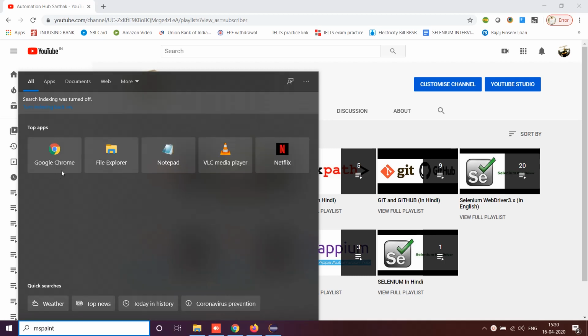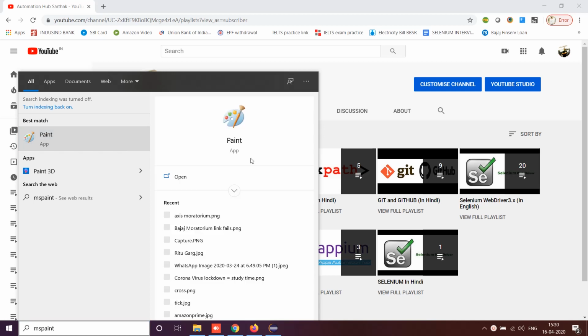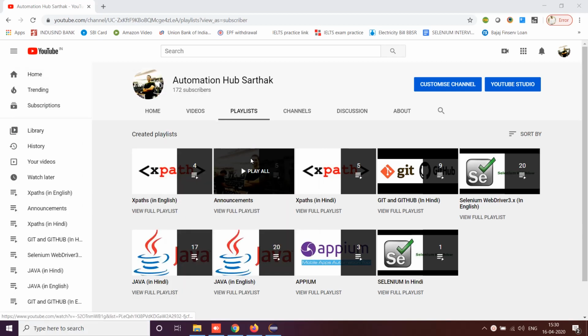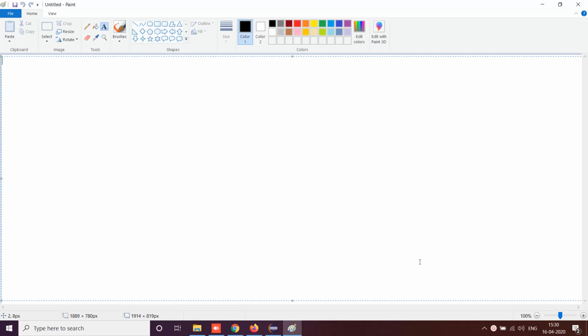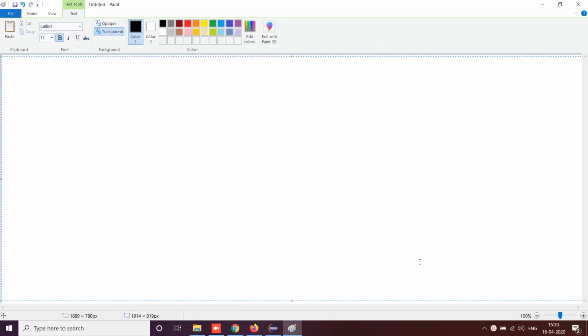Okay, so first we will learn a little bit about implicit waits, and first we'll understand why we implement wait conditions in the first place. See, the thing is, most of the web applications are developed using Ajax or JavaScript, or some sort of coding language, and whenever a page is loaded by the browser, the elements which we want to target may load at different time intervals.